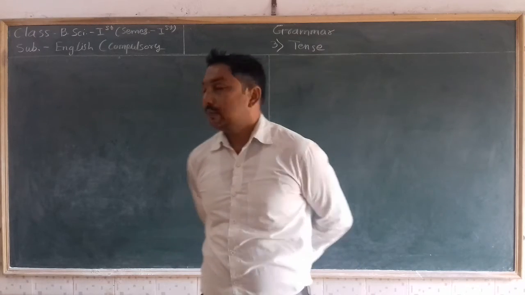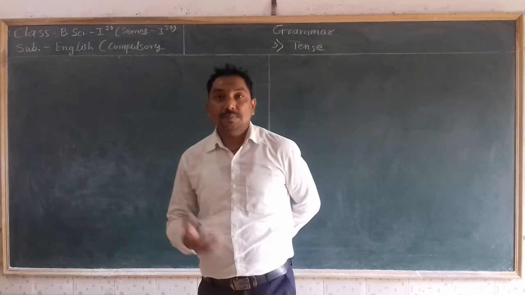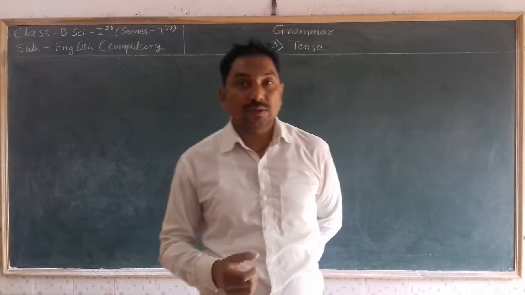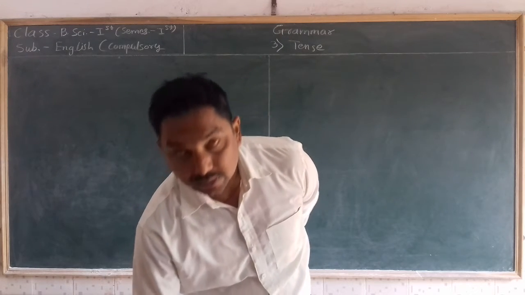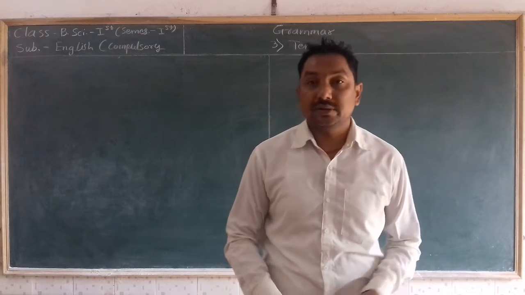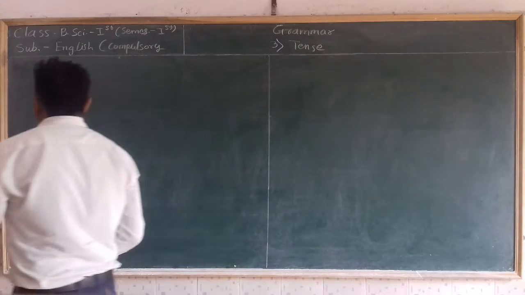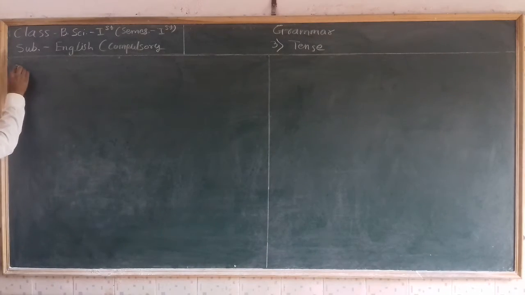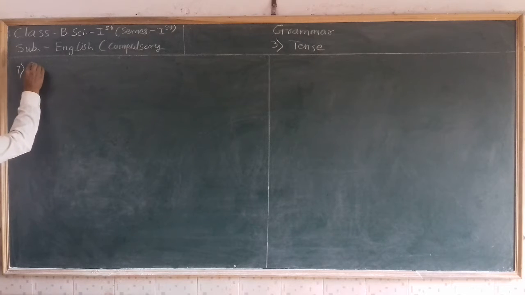Third part of tenses. In the last part we have learned about the continuous tenses. Now in this part we are going to learn about the perfect tenses. So in the perfect tenses, the seventh type is